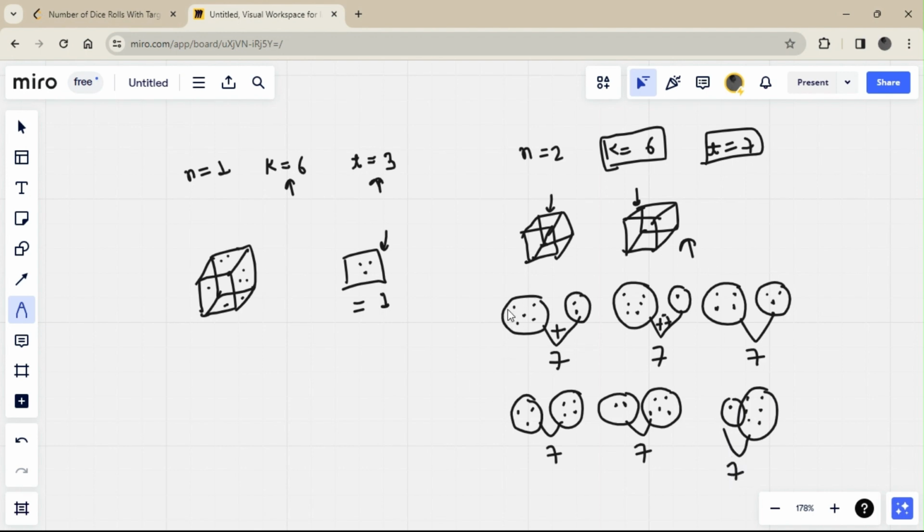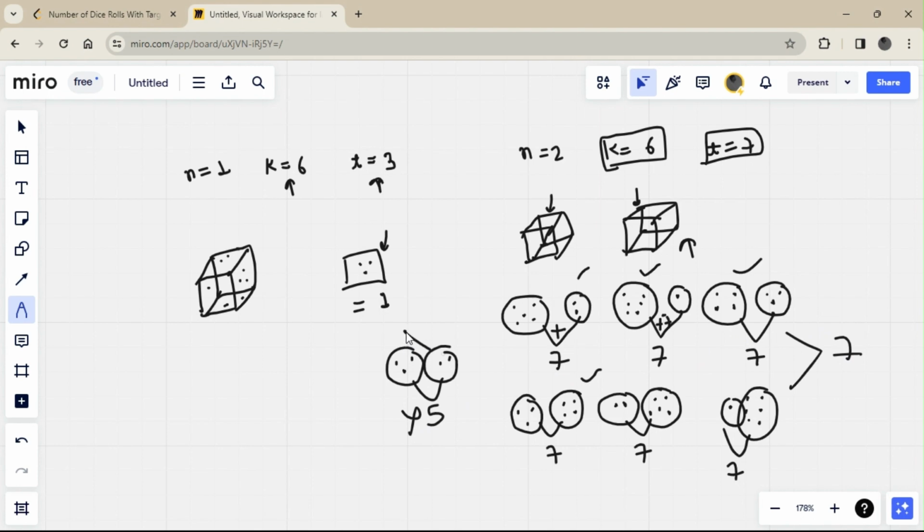So there are only 6 possible ways which give 7 as the resultant target sum, which is the given sum. If we take another case, let's suppose we give 3 on the first and 2 on the second, that means the sum is 5, which is not the target sum 7.